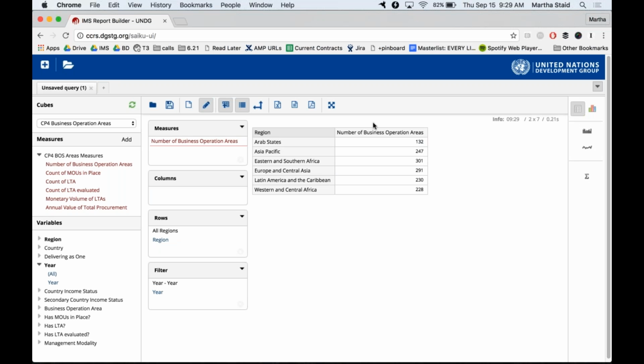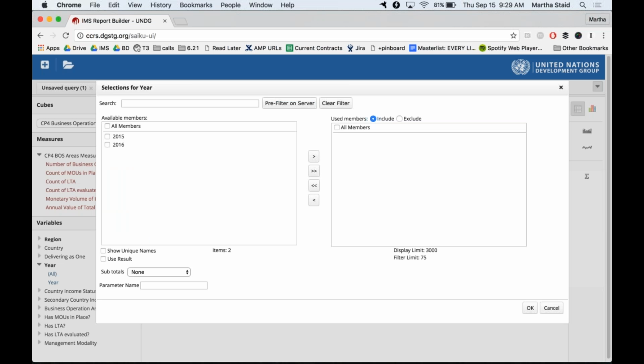Now, you can see that year has disappeared as a set of columns, as we would expect. The data is all now mashed back together, which is what it was before we started looking at year. Just putting year in the filter box is not sufficient to actually filter. It's only the first of two steps. So if you put year in the filter box, you can also drag it over directly from the side if you wanted. Then you must click on that item and choose how you want to filter.